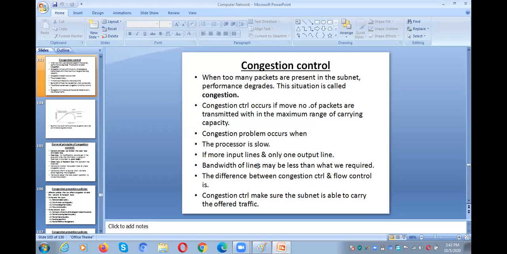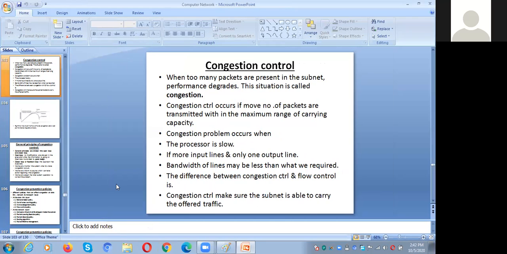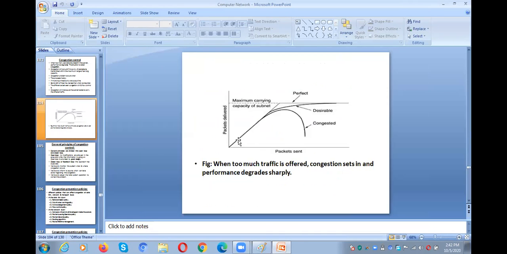What will the congestion lead to? The congestion leads to collisions. In order to avoid such a problem, observe this diagram. The packets delivered: if more packets are delivered through a network, initially the network performance will increase. If you send more packets through a network, initially the graph will be like this. After reaching a certain point, you cannot send beyond that level. Why? Because too many packets enter the network, so it may lead to congestion, and the network performance will be